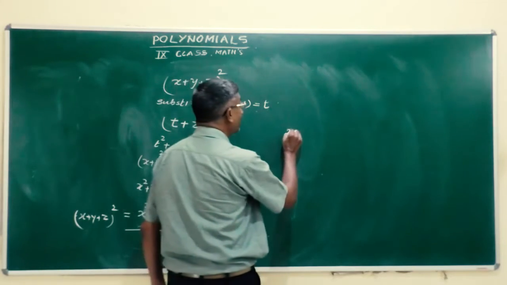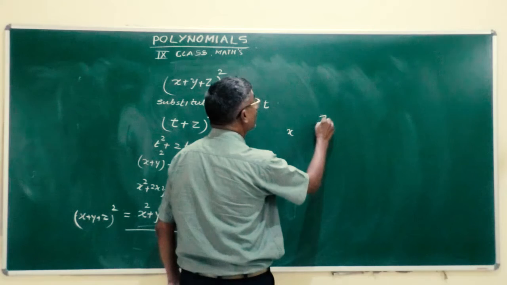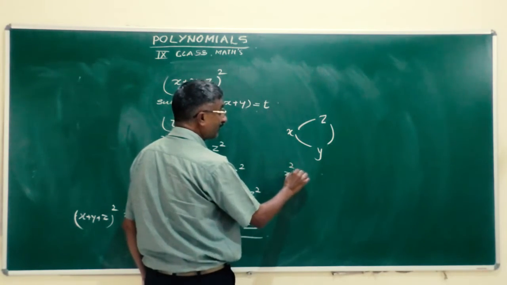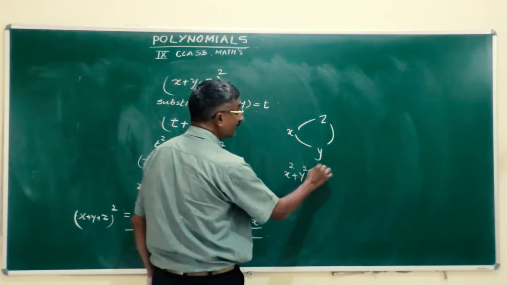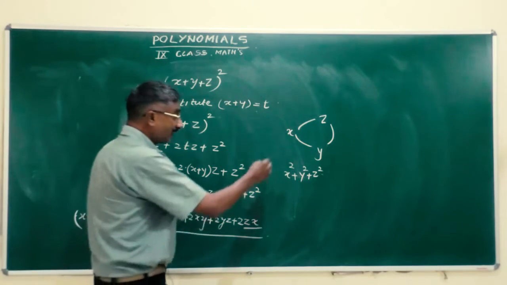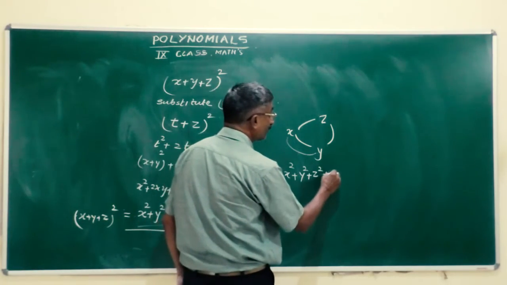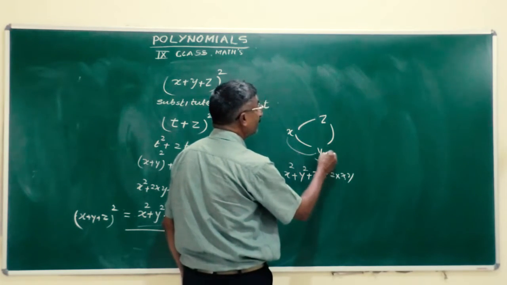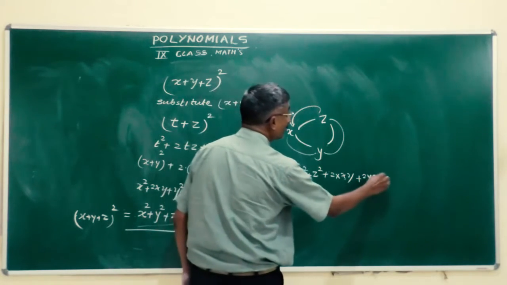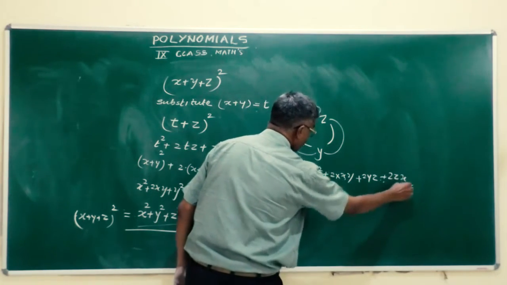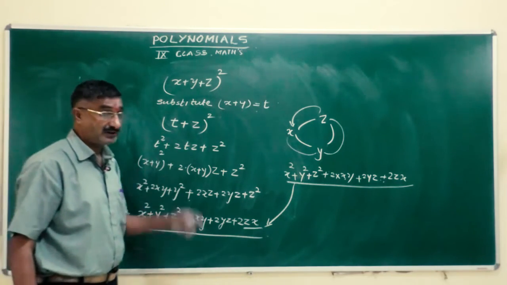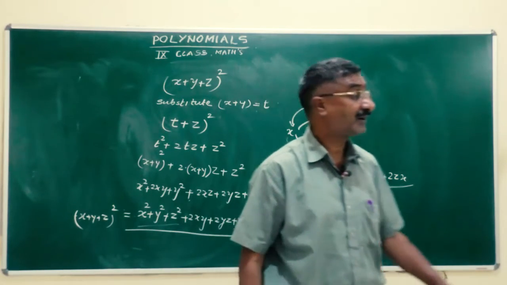How can you remember? If we keep these values like this, x, y and z, first of all add the terms by squaring each one, that is x square plus y square plus z square, then 2 times the product of these two, so 2 times xy, then 2 times the product of these two, yz, then 2 times the product of these two, so that is 2 times zx. So this is your fourth identity. Clear? So these 4 identities you must remember, and you must have the proper